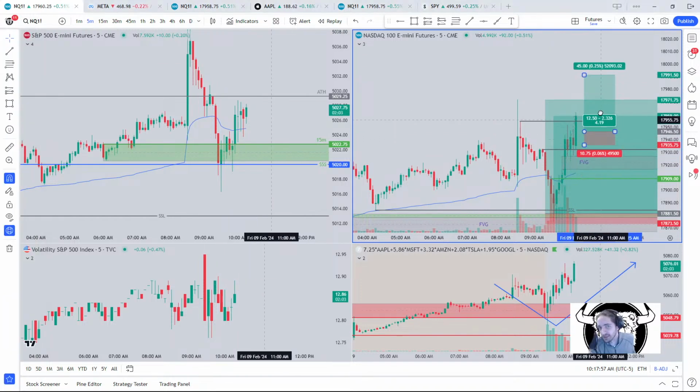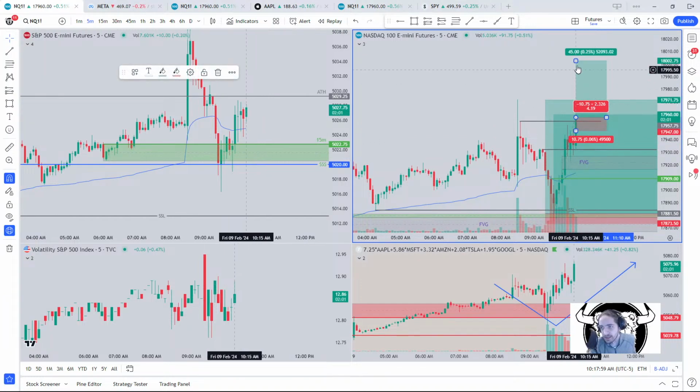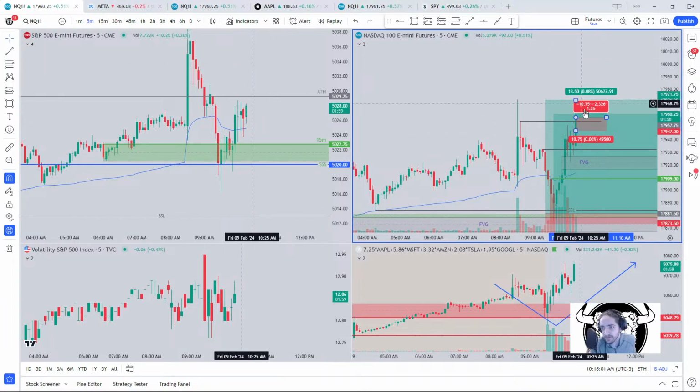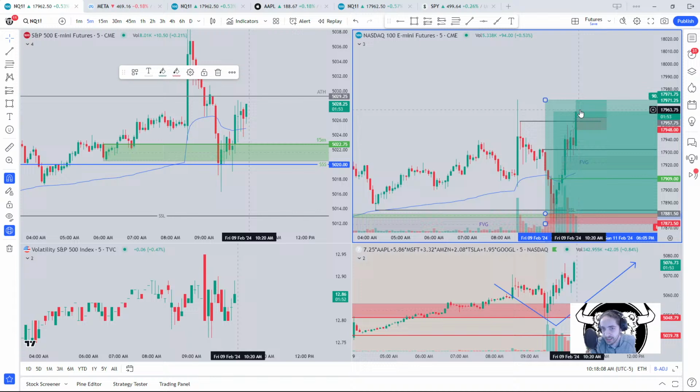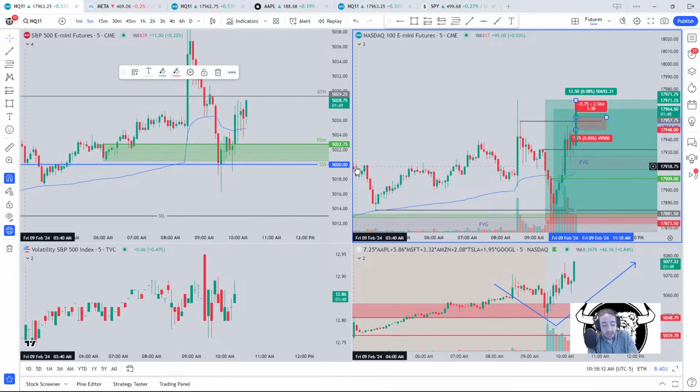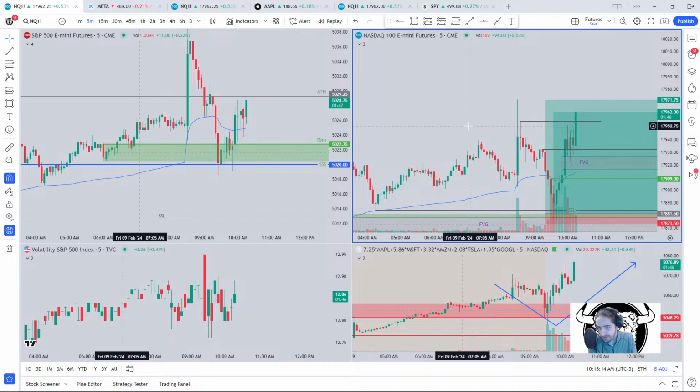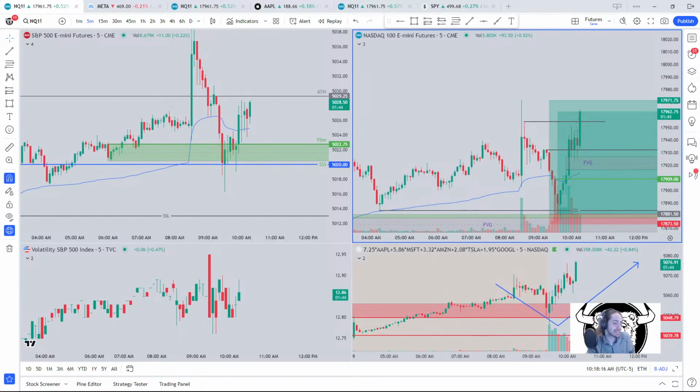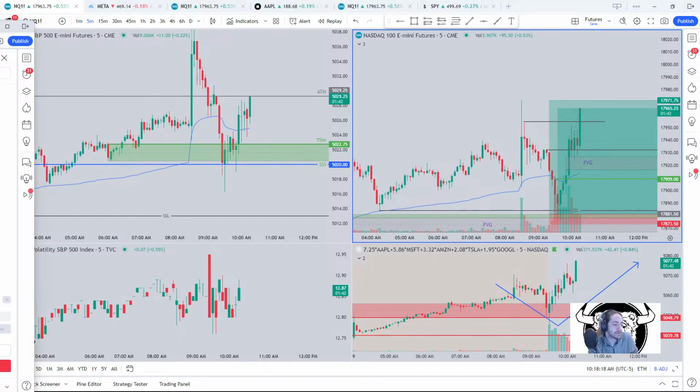Right now, the way I look at it, I'm holding one contract left. I could either hold it till I take profit or let it come all the way back down here. That's not proper risk management. I sold here. I left $200 on the table. Not going to make or break the account is my point. But fantastic stuff, guys. Holy cow.